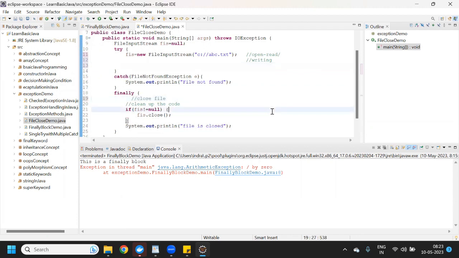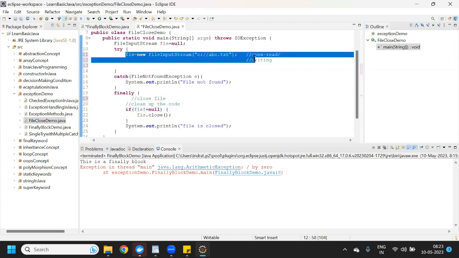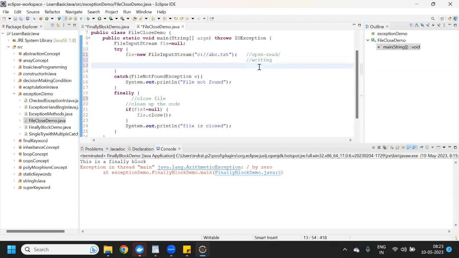inside the finally block, so that in any case where your file is open in this try block and doesn't get closed, it will go inside the file input stream reader. Let's say it will read and write the data inside the Excel sheet, and then come inside the catch block.